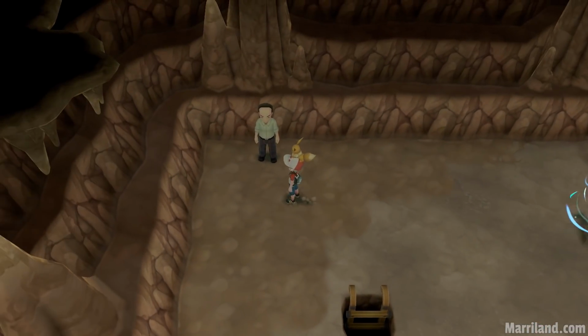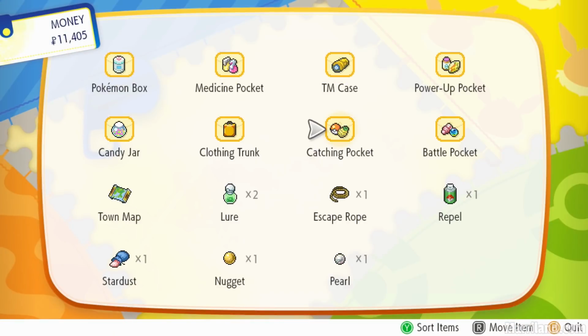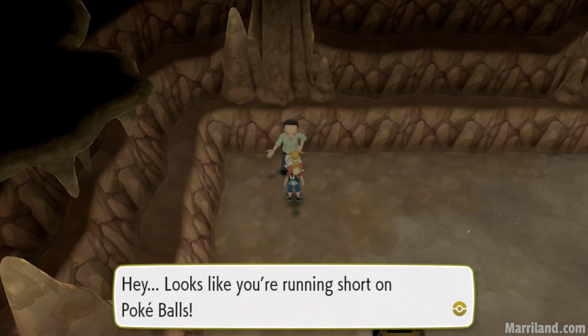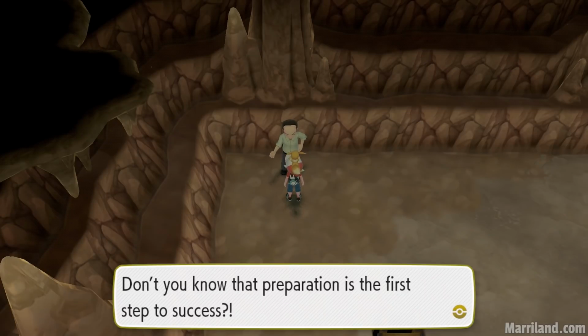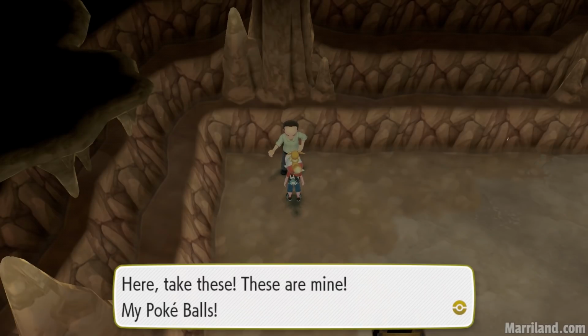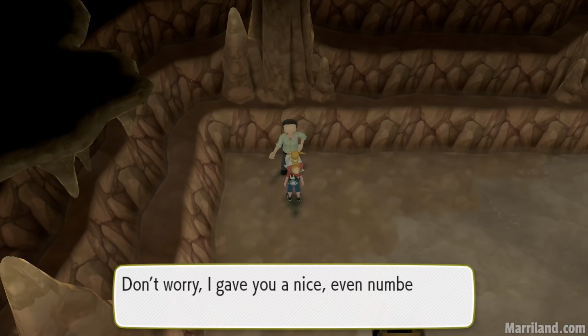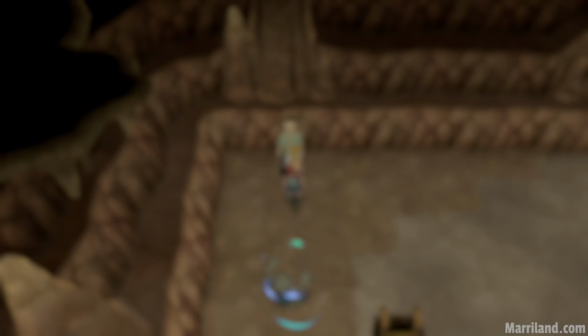Okay, so I went and I used up a bunch of my Pokeballs. I caught some Clefairy, trained up a few of my Pokemon. And here's a look at how many Pokeballs I have right now. I have 7. So if I talk to this guy when I have less than 10, "Hey, looks like you're running short on Pokeballs. That's no good at all. Don't you know that preparation is the first step to success? Here, take these. These are mine, my Pokeballs." All right, so you get 10 Pokeballs from the guy. Don't worry, I gave you a nice even number. And as you can see here,